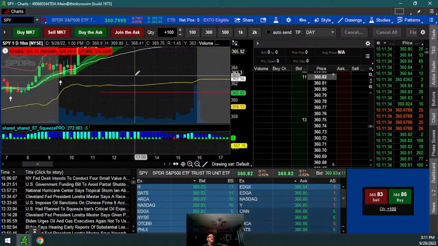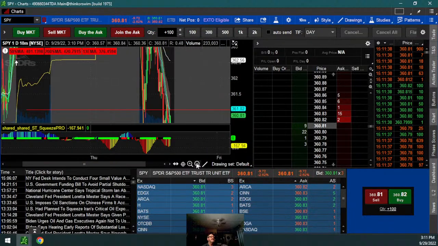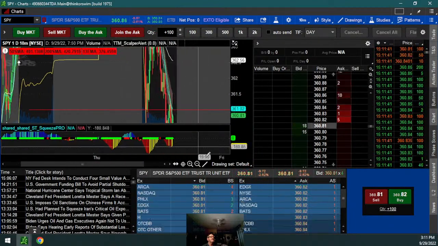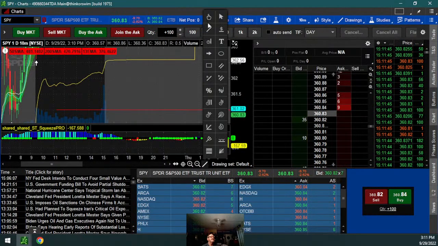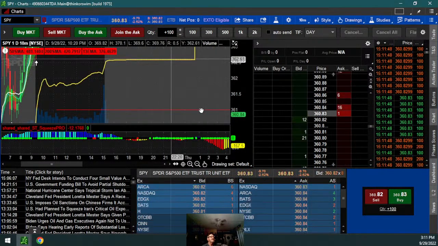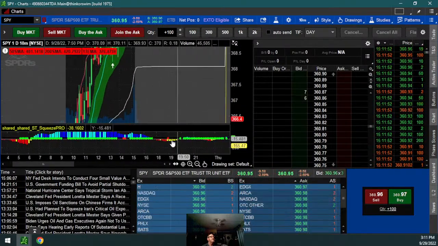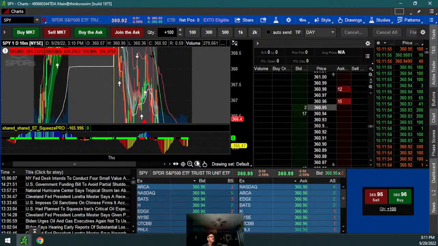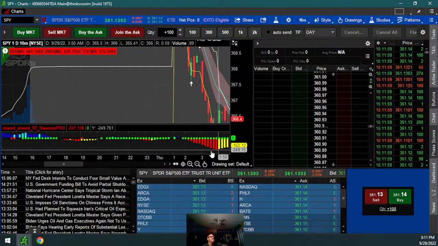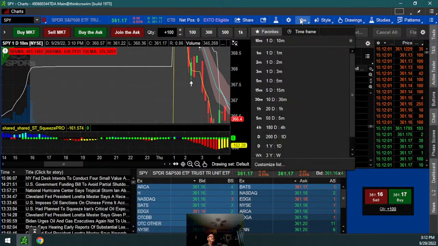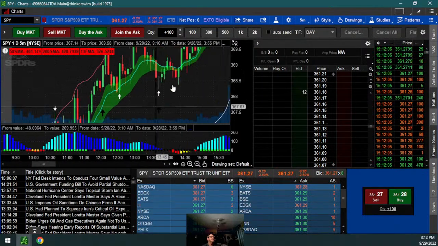But he's thinking it's going to come back down, okay? And it didn't. Hold on. Give me a hand here. Here we go. So he's thinking it's going to come back down. But what does it do? I don't know what's going on here. I screwed up the whole chart. I'm in 10 minute. That's why I was able to see the thing. Here's your 5 minute. Okay, let's bring this back down.